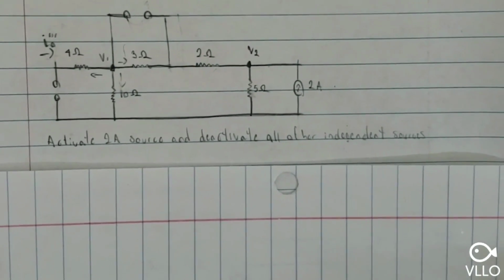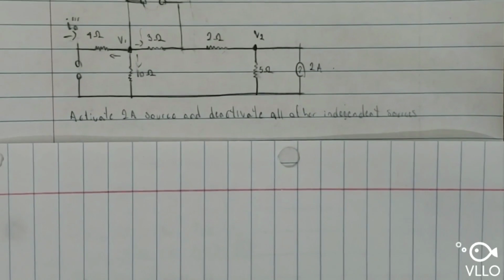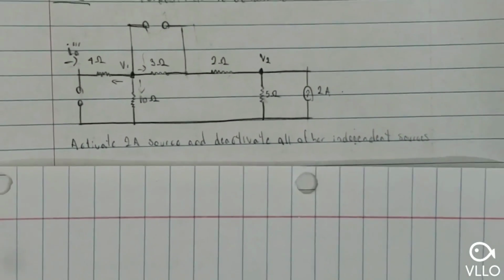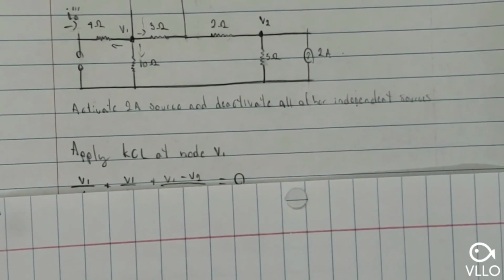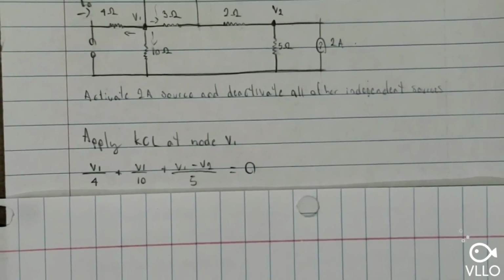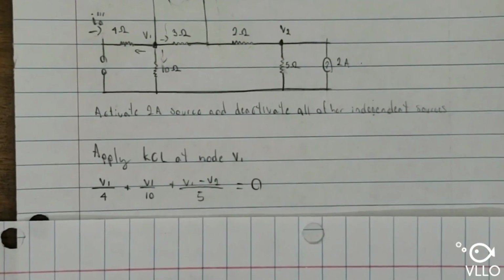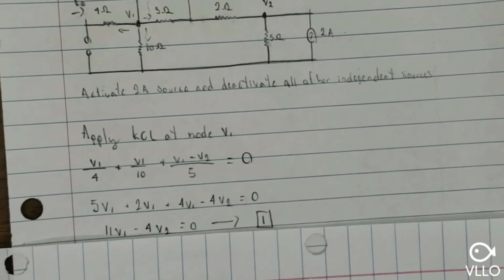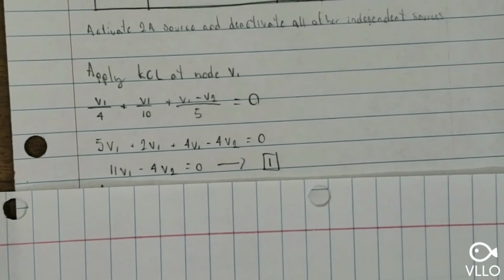Alright, for the last part of this problem, we're going to find the I naught triple prime. So we're going to activate the 2 amp source and deactivate all the other sources. And after activating the 2 amp source, we're going to apply the KCL at node V1, which is going to be V1 over 4 plus V1 over 10 plus V1 minus V2 over 5 equals 0. And we're just going to simplify that equation, which is going to give us 11V1 minus 4V2 equals 0, and that's going to be